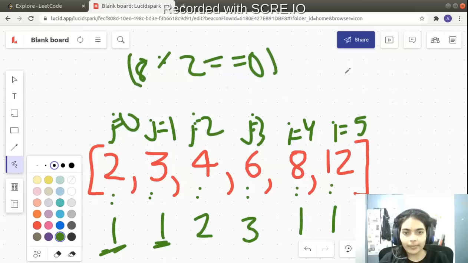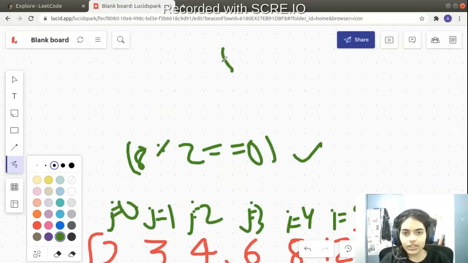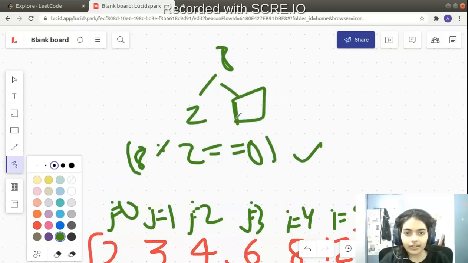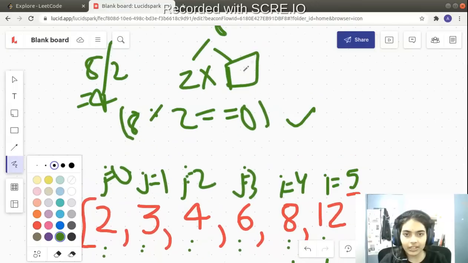So that is equal, right? Now let's try to search if there is any number present in the map that will multiply with 2 and give 8. How do you check that number? You just divide 8 by 2, so you find that the number is 4. Now you'll see 4 is present in the map. In our case it is present.